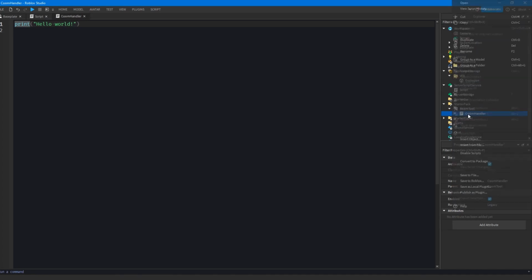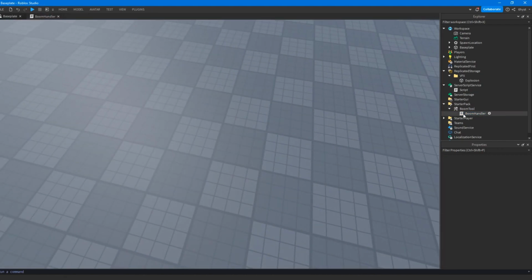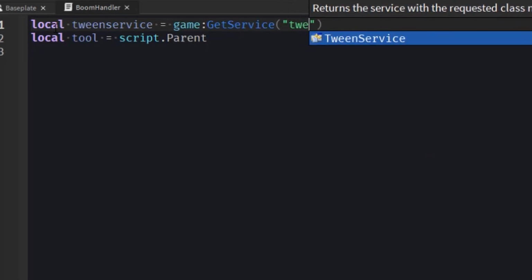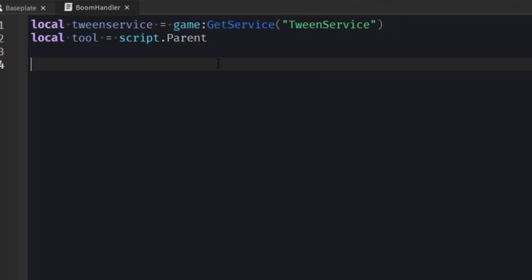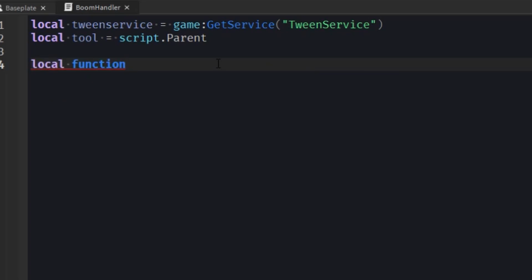Now what I'll do is call this boom handler. We're going to get the tool, and we'll also get tween service. Actually, I like getting services first. And now what I'll do is I'll actually make a function for our part for destroying it. I'll call this remove explosion,